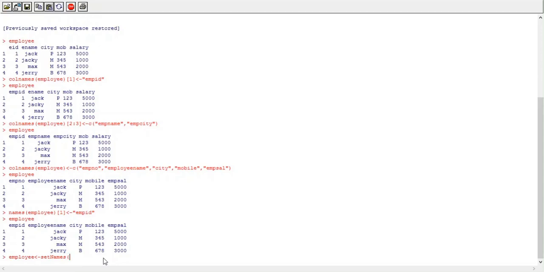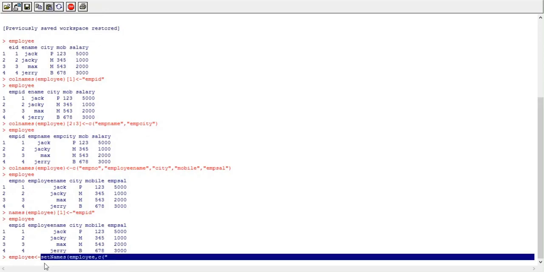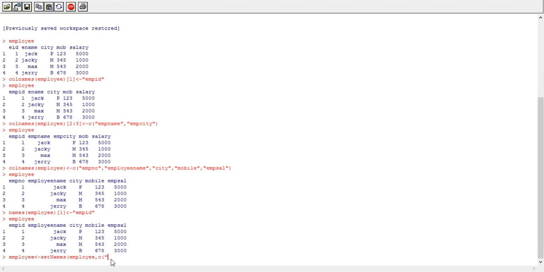So setNames receives one parameter, the first parameter, that is the name of your data frame, and the next parameter is the list of new column names. Here by using the setNames function, we can change the names of all columns. I am just telling you the syntax to change the names by using the setNames function.